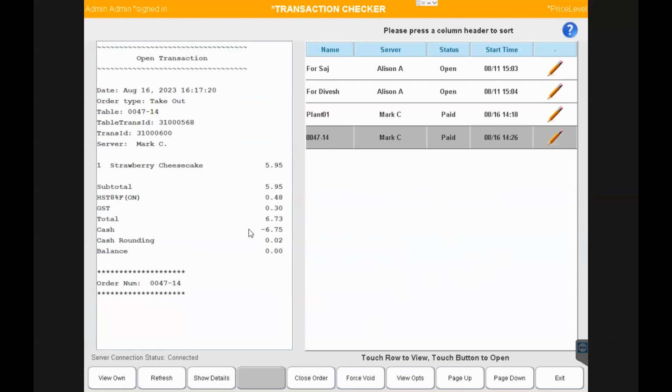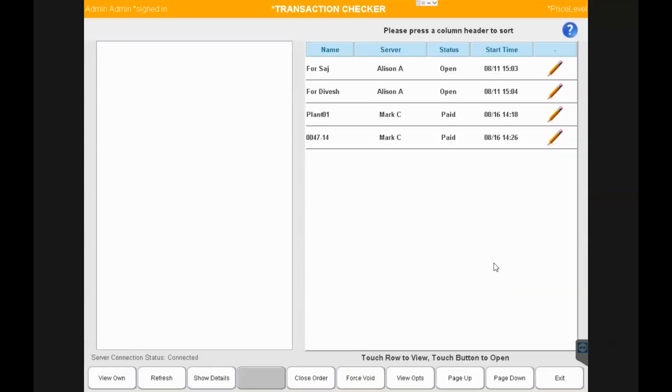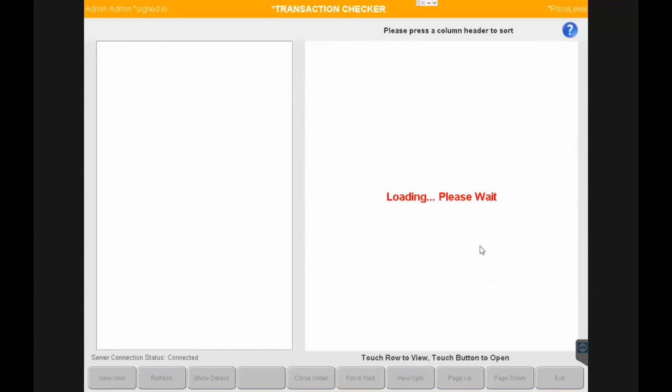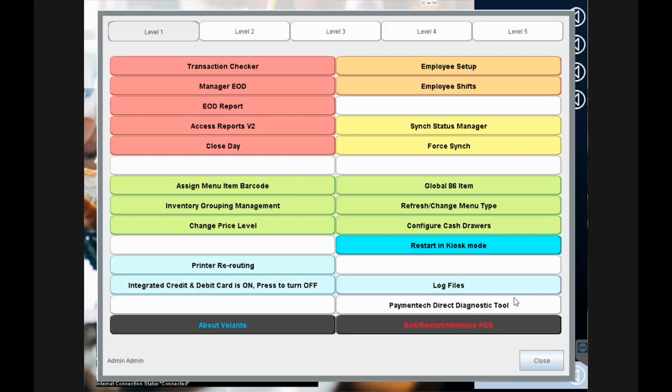You can confirm that they've been paid. There's no balance remaining. I could now choose my view options and close paid tables. And it's going to close out any tables that were left in paid mode. As we can see, I'll hit the refresh button and those tabs should be gone now. And they are. I'll hit exit and we're going to come back to our admin screen as there's one other piece of information that will update based on the use of tabs mode, and that's in your end of day